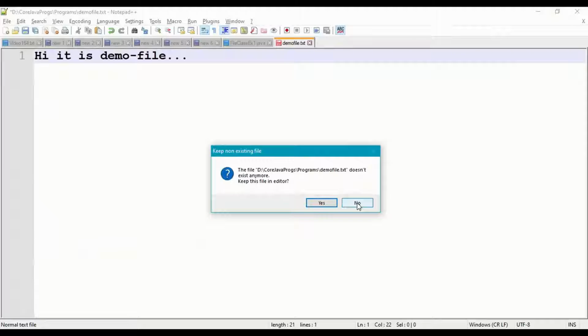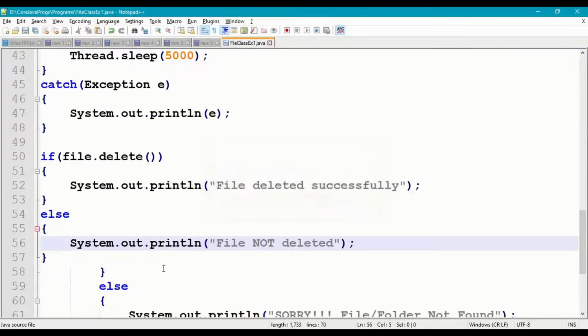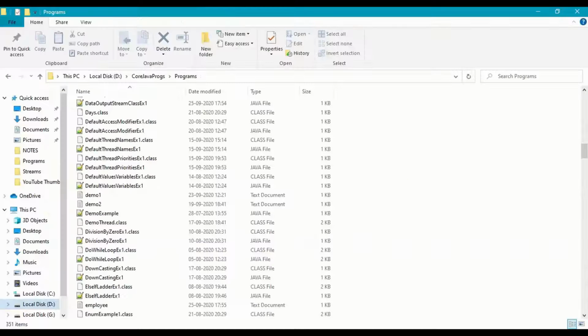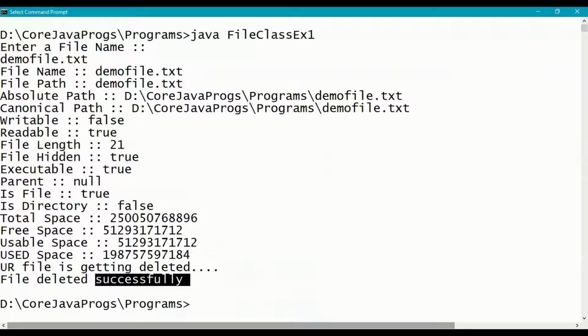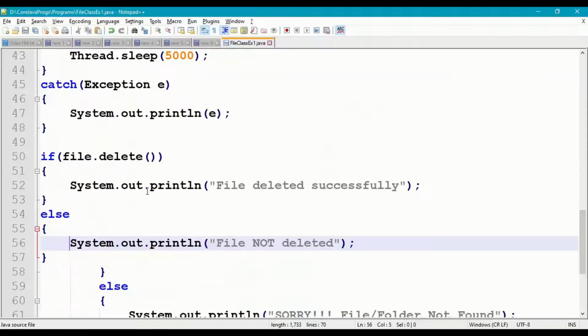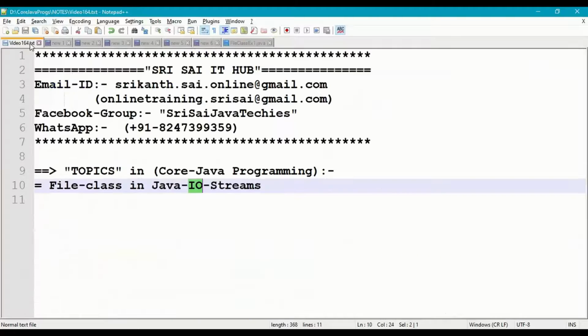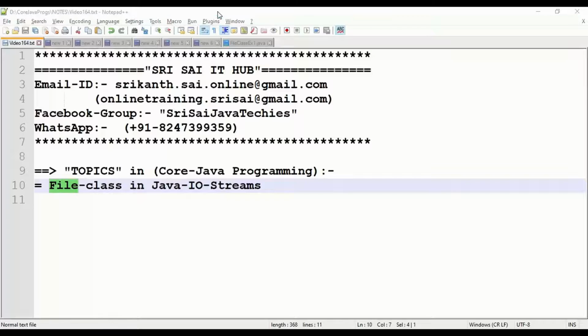Do you want to keep that in editor? No. So check that in folder. If you see here, previously we had demo file. Now we don't have demo file in the working directory. It is deleted. So this is how we are supposed to work with the File class and its methods. So the File class provides methods to work with different files and folders, same like